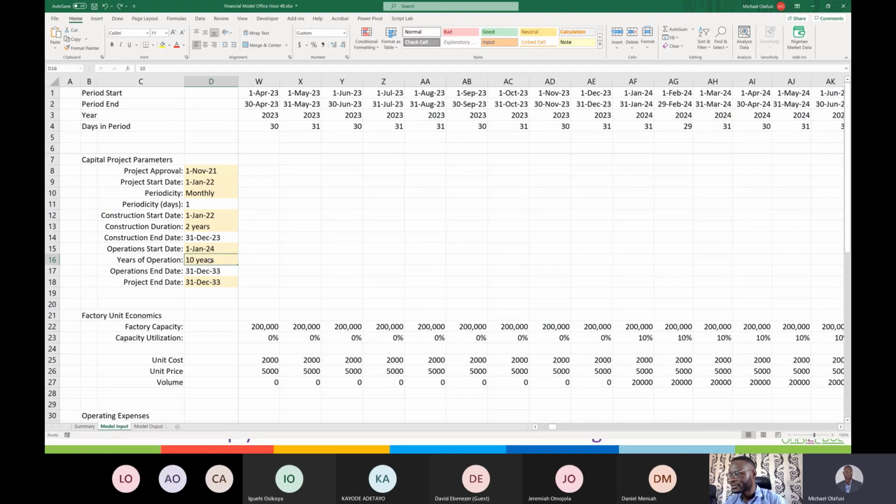But the key thing I want to bring out is, we all know that the building is not going to die after 10 years. So how do they do their own? So they too use 10 years because I saw the model. Right? But they do what we call terminal value. So when they raise money for these capital projects, because they actually raise money, right? So they will tell you, the investors, your money is going to be locked for 10 years. So they time their model to the exit period.